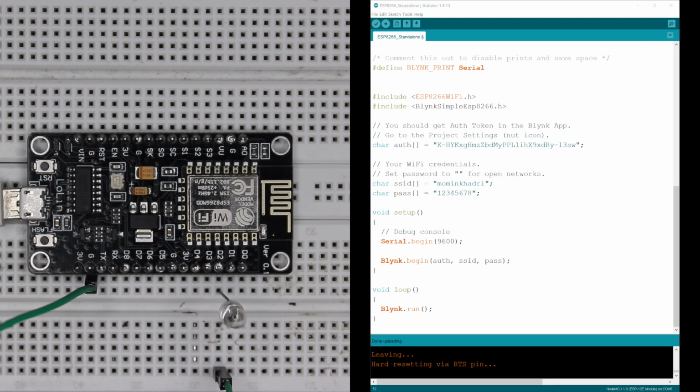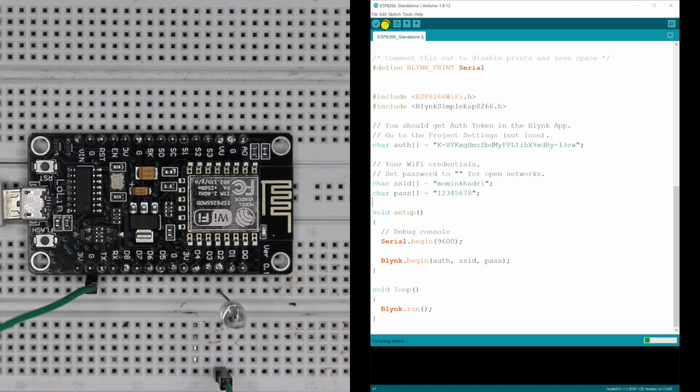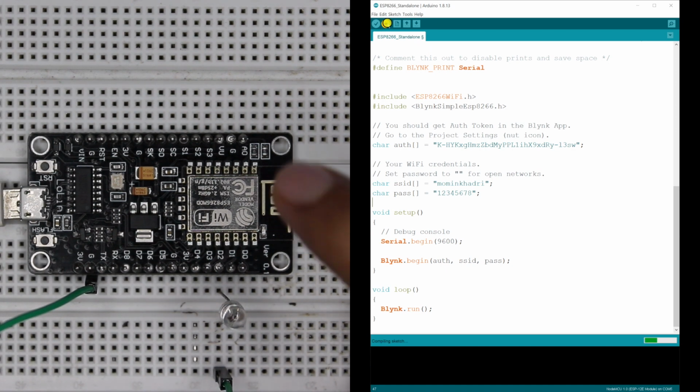Okay, you can see I have pasted the token over here, which was sent to me by Blink app to my Gmail account. Here is the router SSID and the password. So that's it. We'll upload it, and we'll check whether it's working or not.